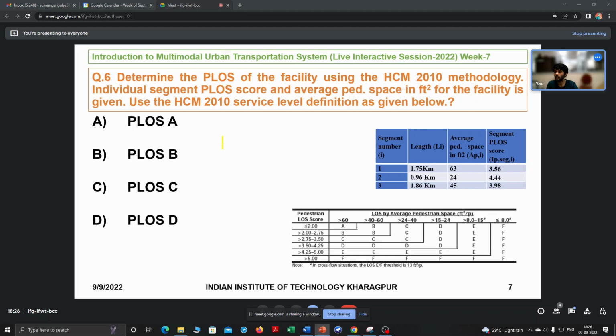I don't think I can calculate directly. Let me see, one second. 63 into 1.75 plus 0.96 into 24 plus 1.86 into 45, divided by 1.75 plus 0.96 plus 1.86,